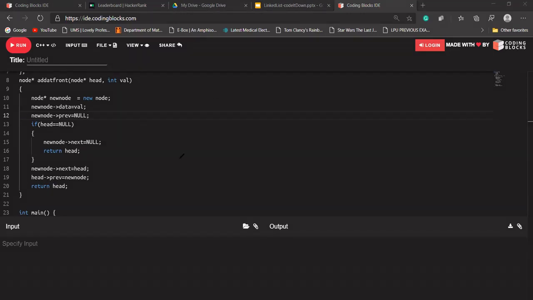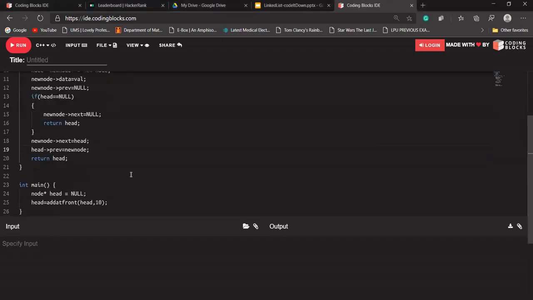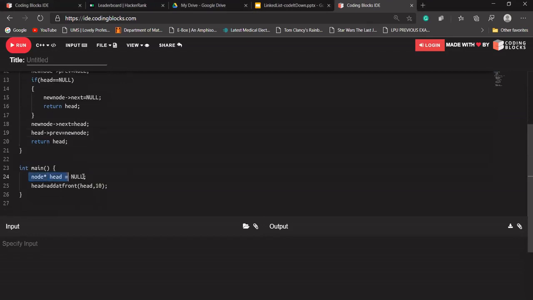So, Saichand, let me repeat what our function is doing. In the starting, head is equal to null. So I'm saying head is equal to add at front, passing my head pointer to it and saying store 10 at the front of our linked list.